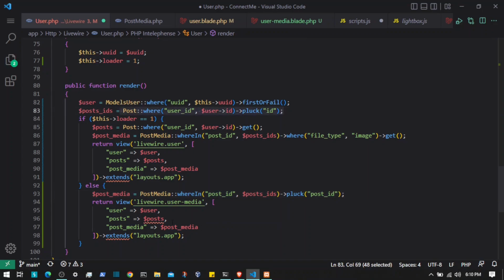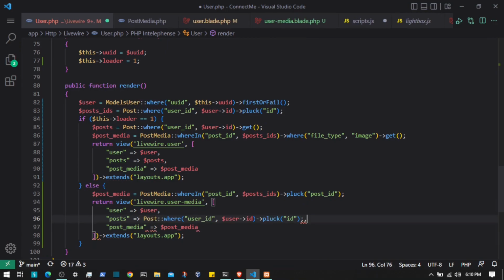So I'm gonna copy that, come here to the posts, and paste that, and here we can have the general query. So I'm gonna remove the pluck, instead of pluck let's say get, and here we'll go the where, and we are going to use the where in. We can have the user ID condition, but we already filtered the post with that, so we don't need to use that again right here. And this is going to be the ID, right? Because we got the IDs from here,